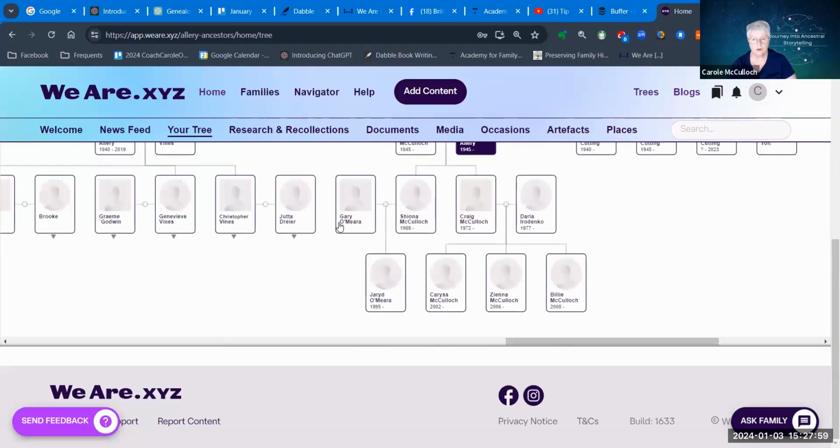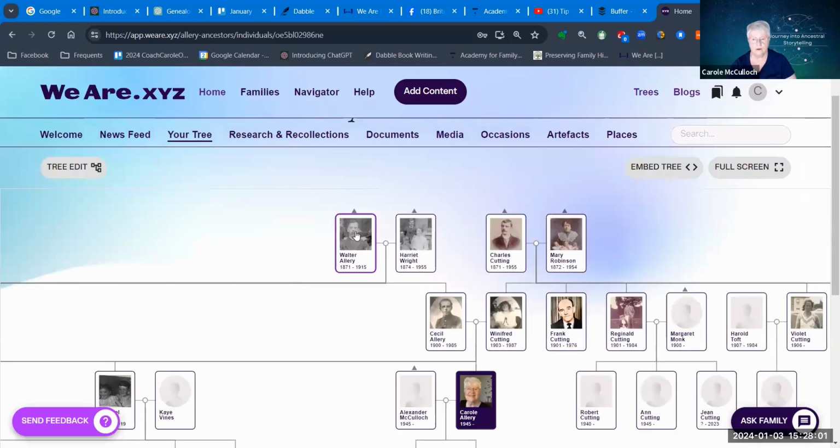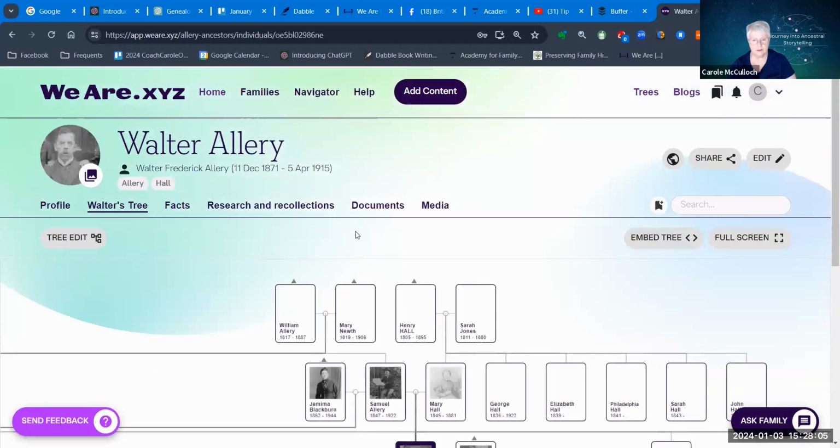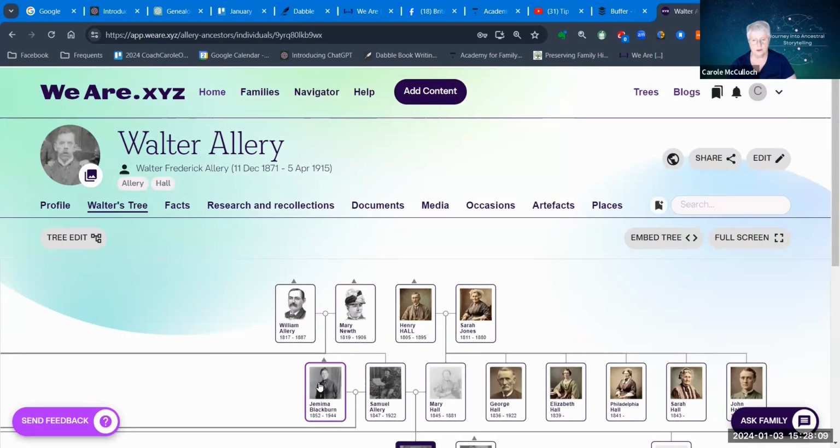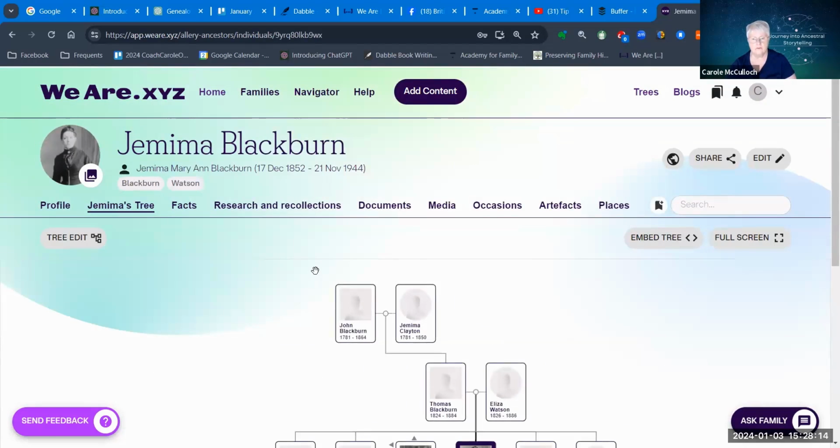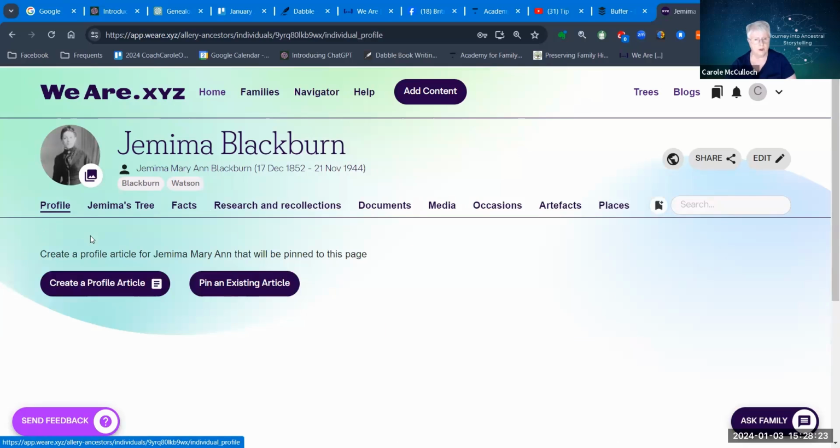and just show you how you can move through to another layer of your ancestor. And one that I'm working on at the moment is Jemima, my great-grandmother. And if I wanted to add something about Jemima, we can have a profile for her and we can create it or we can pin it if we've already got an existing article.